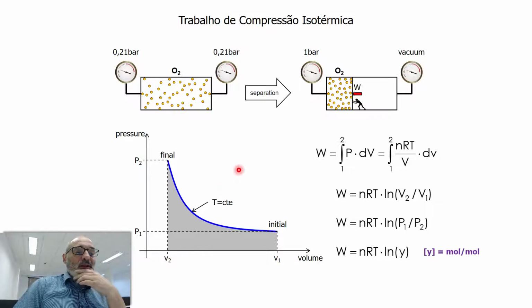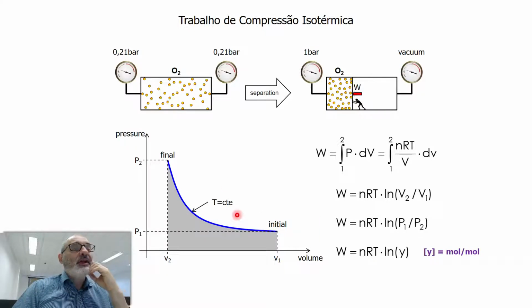So the process can be modeled as an isothermal compression. You can see in the PV diagram, consider this for oxygen, just for simplicity. Oxygen occupies a large volume, V1. It's being pushed to the left, so at the final state it occupies a smaller volume, and the pressure increase associated with this change of volume is